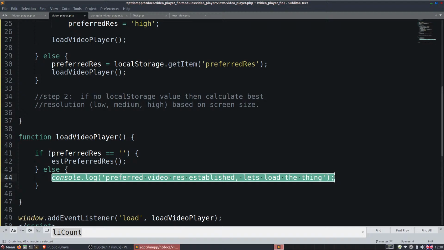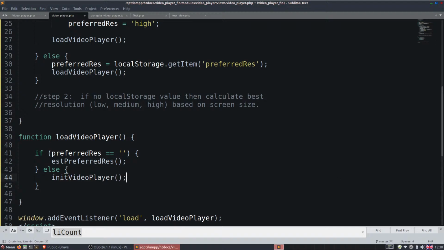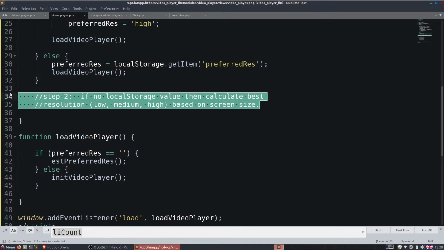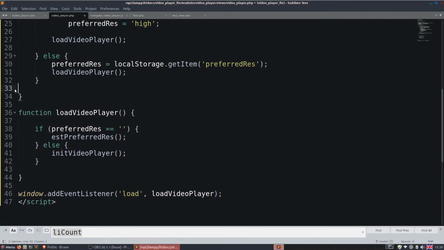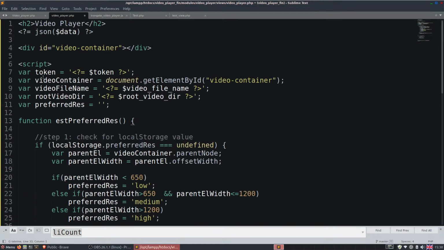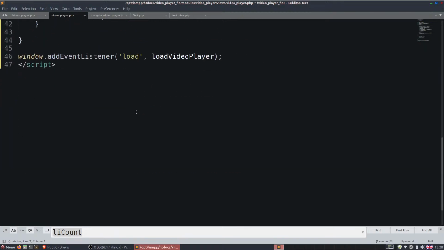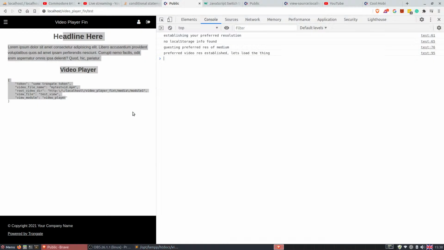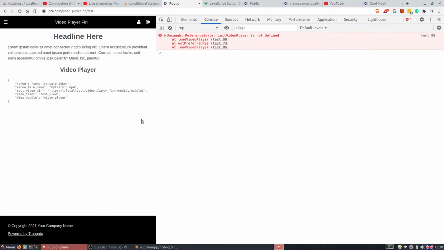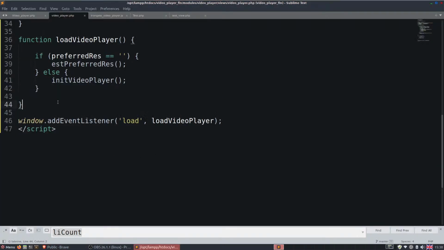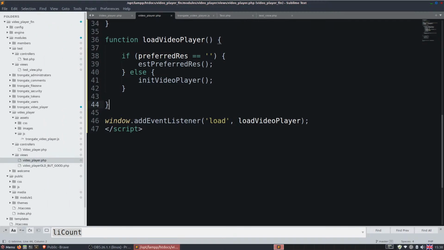So we're going to go like this, and it's going to run init video player. Okay. And of course it says init video player is not defined, but that's okay, because what we're going to do now is